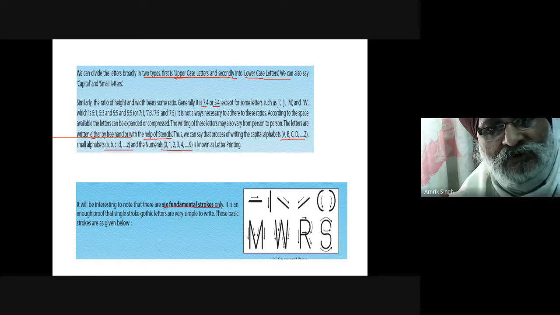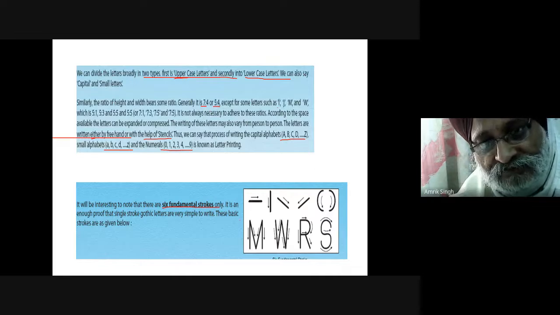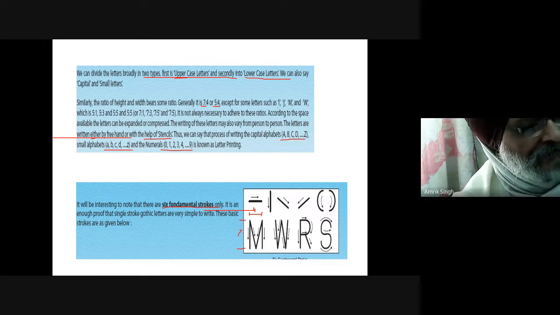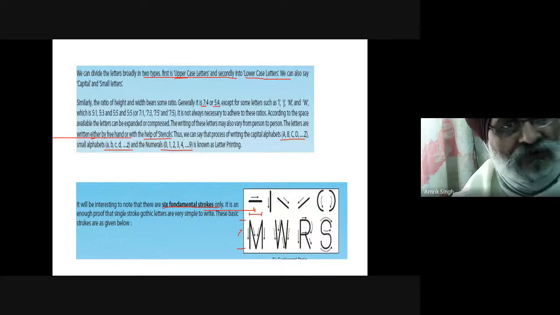So as I told, the 7 is to 4. So that means this side is 7, and this ratio is 4. Understood? So we will write. Yes, sir. So for writing the lettering, because it is difficult to write here, anyway, what we do, we first draw parallel lines like this at equal intervals.